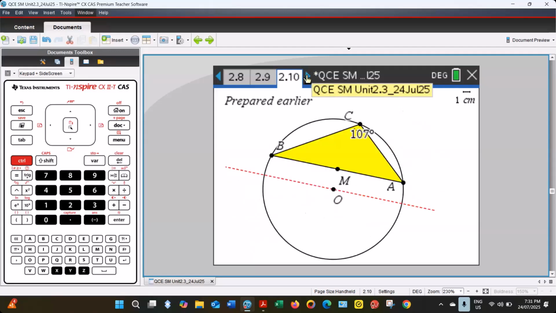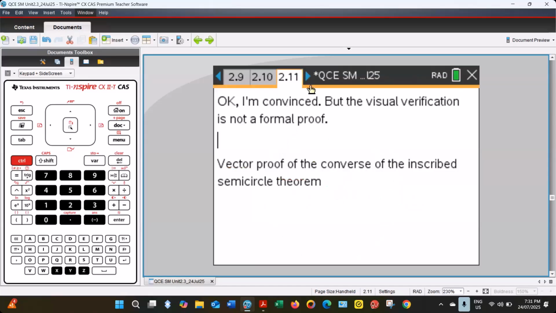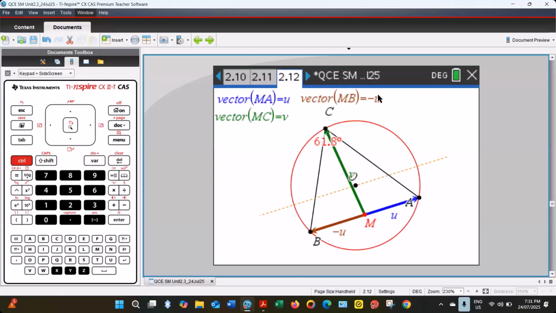That one I prepared early, just in case I mucked up the construction live, rather than waste time redoing it. I had a spare. Okay, so doing a visual demonstration is useful, but it's not a formal proof. So we can do the proof